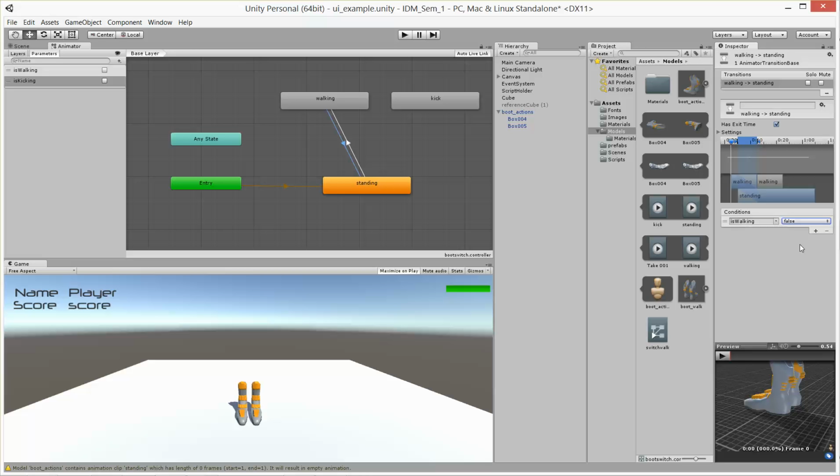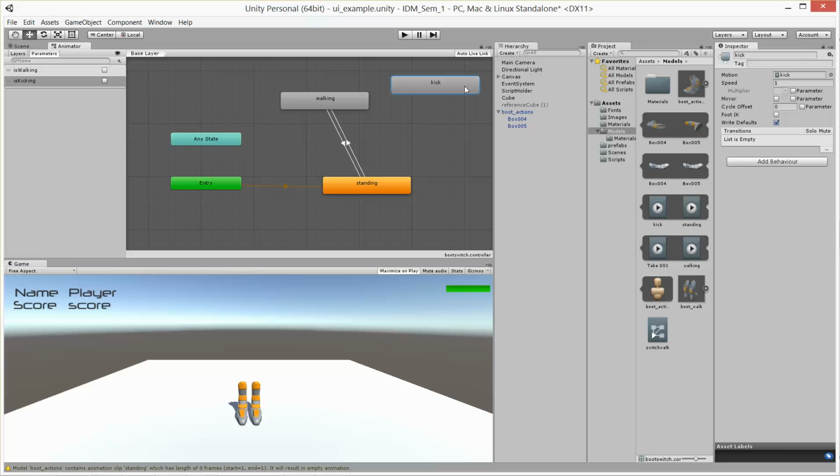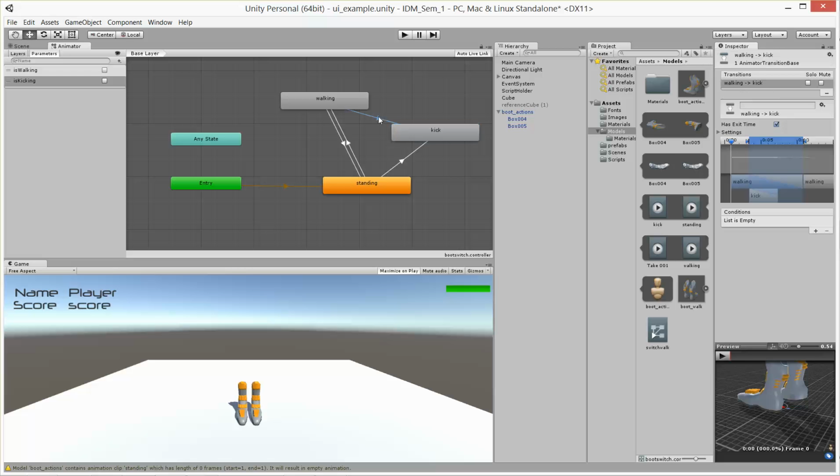So let me make a transition to kicking. Can I go to kicking from standing or from walking? I will usually be walking and I'll want to kick. Right click, make transition. Right click, make transition. So when I come here,